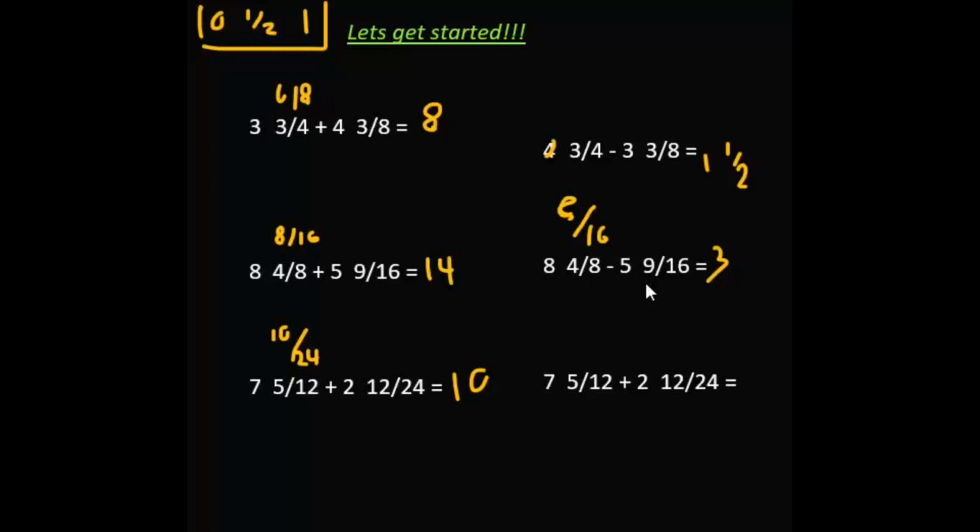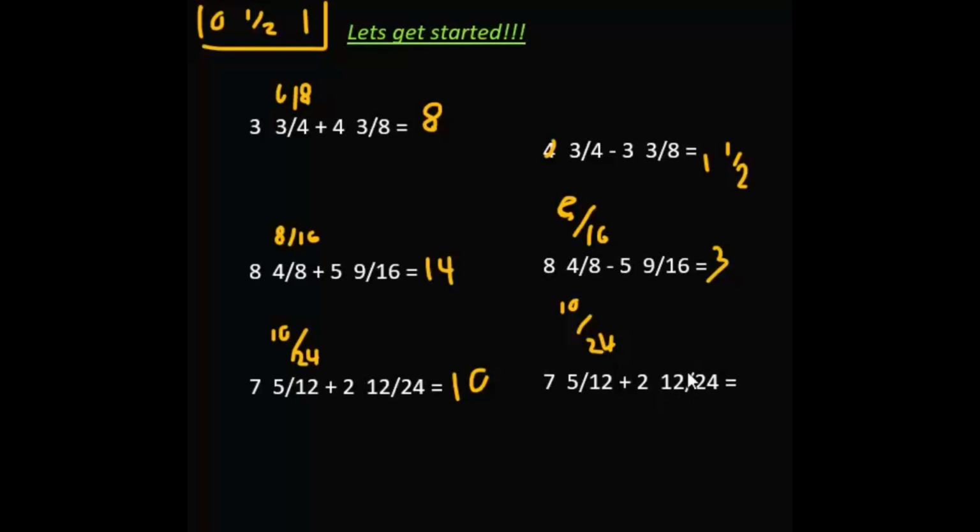Okay, so now let's do the next problem. 7 and 5/12 plus 2 and 12/24. So we have to find common denominators here. So 12 doubled is 24, and then we have to double the 5 too to make it 10. Okay, and then 10/24 is about half, because it's only 2 away from 12/24, which is exactly half. So this is 7 and 1/2, rounded to 7 and 1/2, plus 2 and